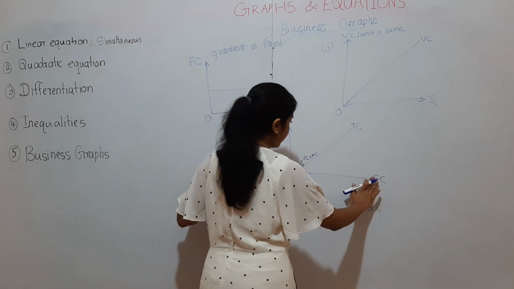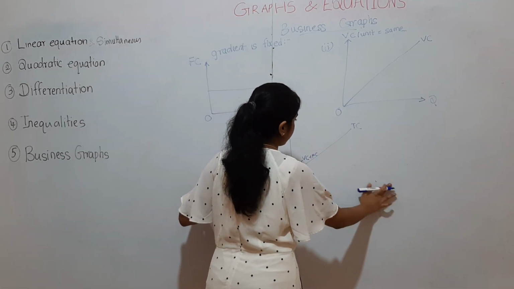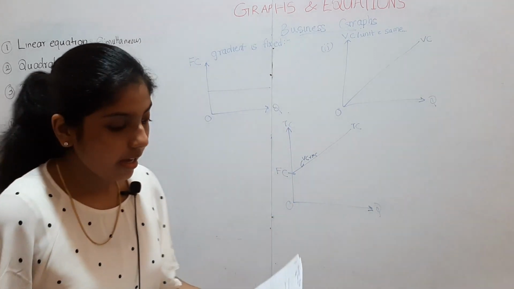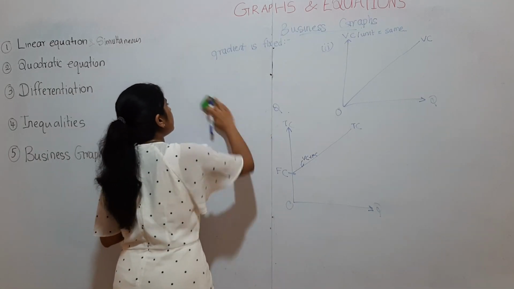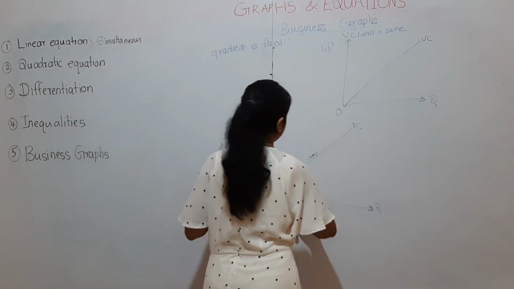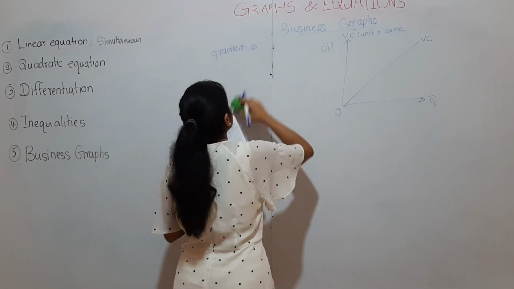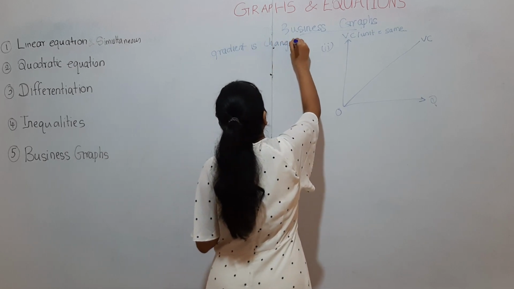So actually this line there is no need to show, but sometimes they might show it, but this is only the fixed cost line, okay. This is how your total cost will be. Next scenario, where the gradient is a bit changing. Gradient is changing. It is not a slope. Gradient is changing.